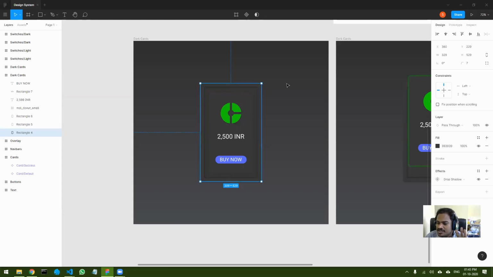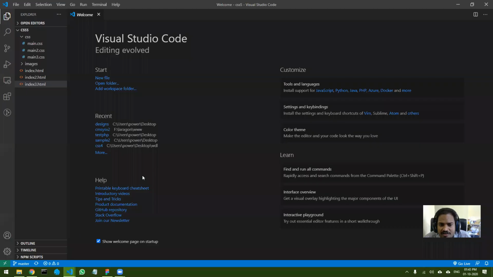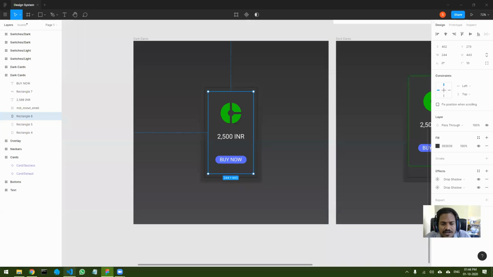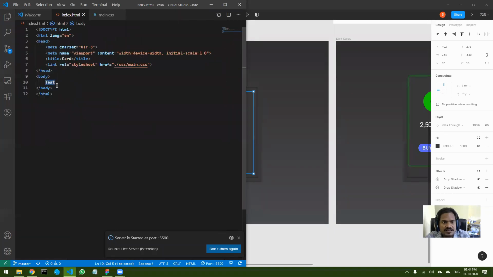So there are actually three divs that I'm going to use, and inside the last div there are three elements which we can decide, whichever we want. So let's first define our structure, and then we will make our CSS. Always make the structure first and then your CSS.